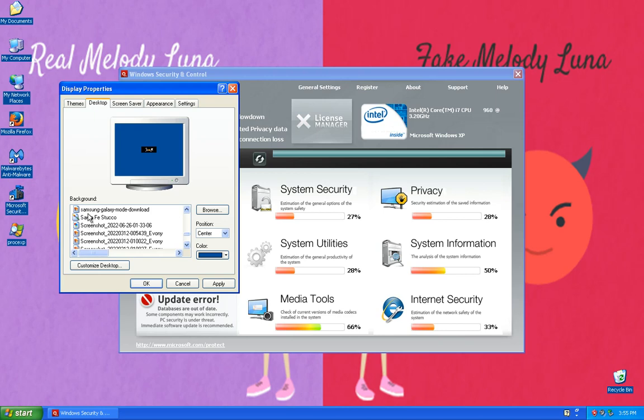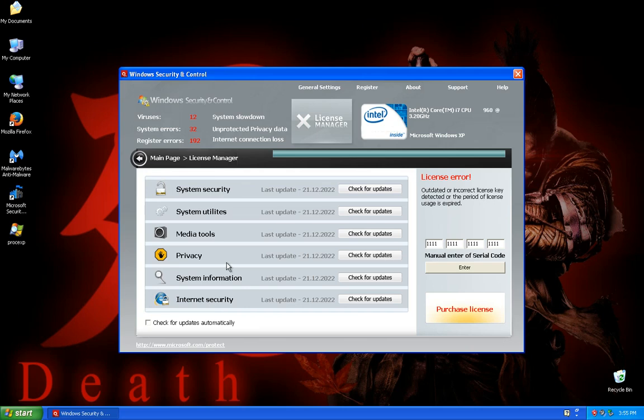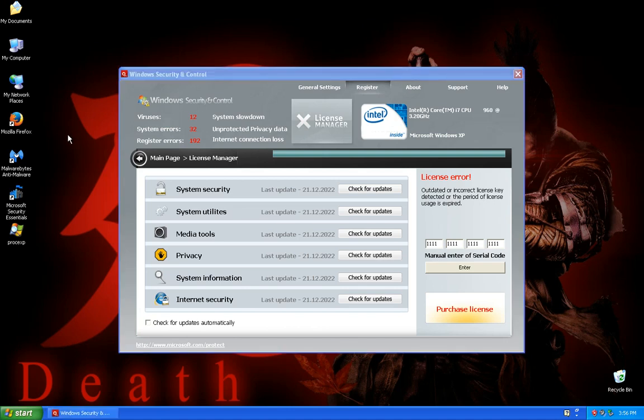Samsung blue screen. Okay, let's put it back. The rogue seems like this one. It is going to have a license, but when we click on register, it still tries to take a look at the registration. But at this point, if this rogue sometimes